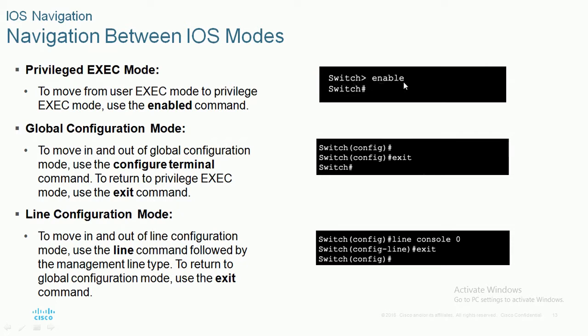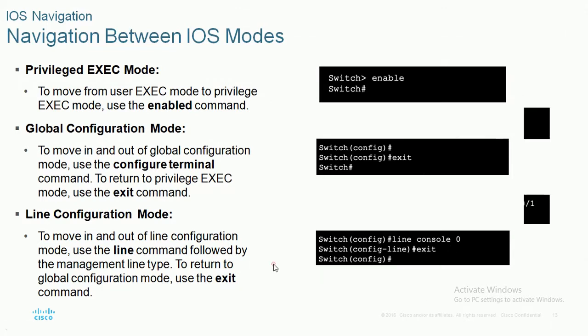How to enter into configuration mode? After entering into the switch hash, we need to give a command called configure terminal. Then we can enter into configuration mode. How to enter into line configuration mode? The command is line console 0. Then we can enter into line console mode. How to exit from the present mode? The command is exit. Then we go one step backward.